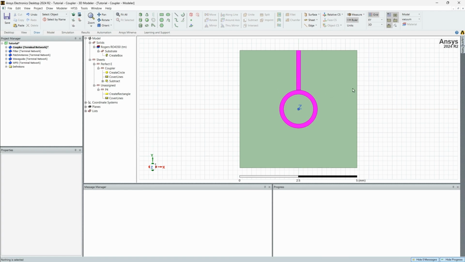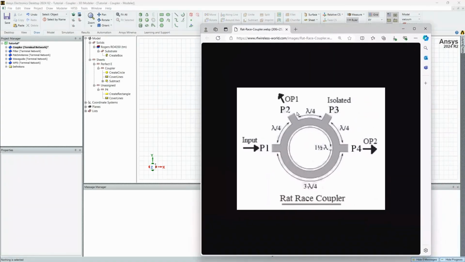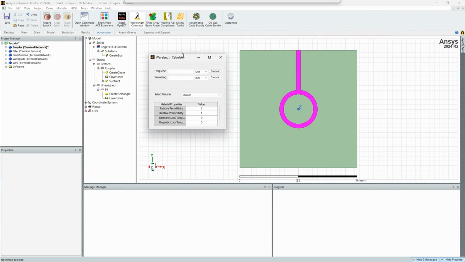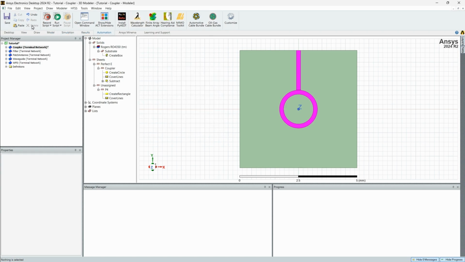Okay, so now what we are going to do is create the rest of the microstrip lines. So if we're looking back at Posar's model here, we want these to be quarter wavelength away from one another. So if we don't know the wavelength off the top of our head, we can go ahead and open up HFSS wavelength calculator under the automation ribbon. We're working for 10 gigahertz using this Rogers substrate. Calculate. We now have our wavelength,